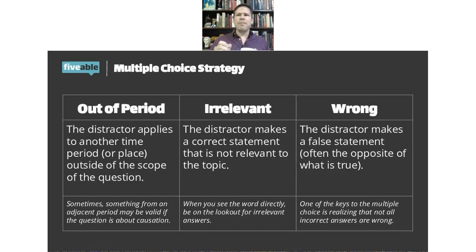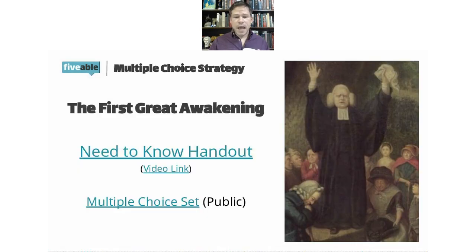Now, I'm going to show you some examples that really highlight what I'm saying about items that don't really require the stimulus. There are a lot of items that will require you to look at the stimulus in some way, but there are some where you don't even have to look at it outside of the attribution. First, let me do a couple of APUSH examples, looking at the First Great Awakening. Amanda will send these slides out later, and you will get a direct link to my Need to Know handout.